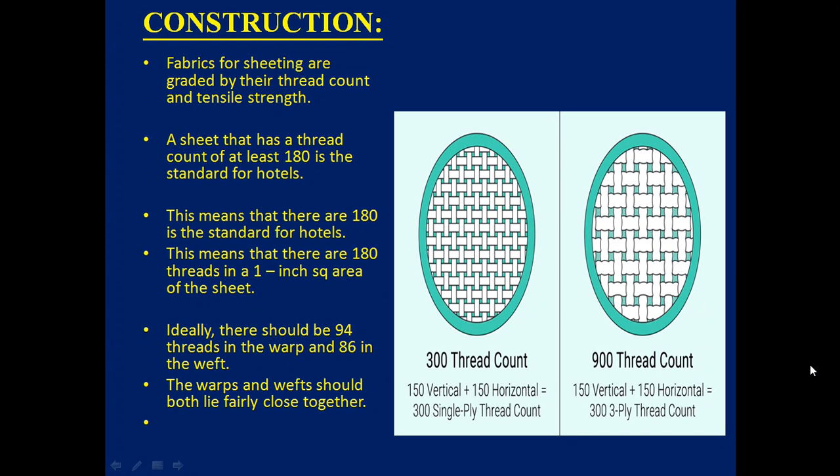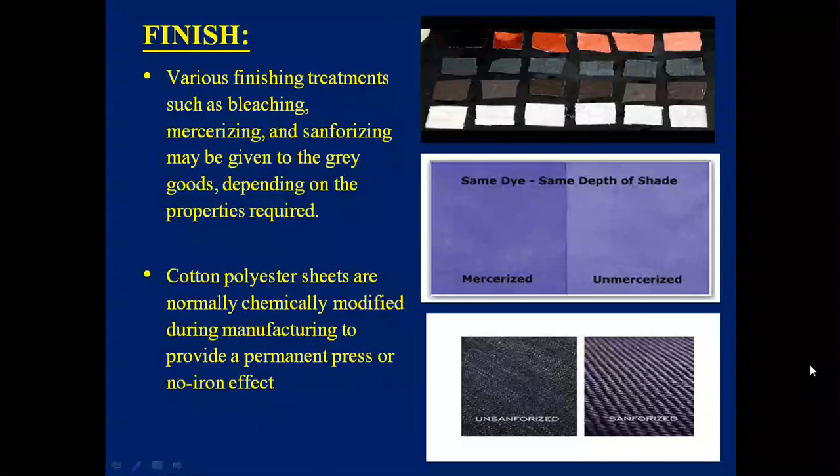The warp and weft should both lie fairly close together and should be closely woven, so that there won't be any chances that dust will accumulate in your fabric. Then finish, yes, it is very important for your guest rooms, because you're earning revenue from your guest rooms. If the finish is not good, you won't get a good quality appearance, and it will not look nice also. So various finishing treatments such as bleaching, moisturizing and sanitizing may be given to the gray goods depending on